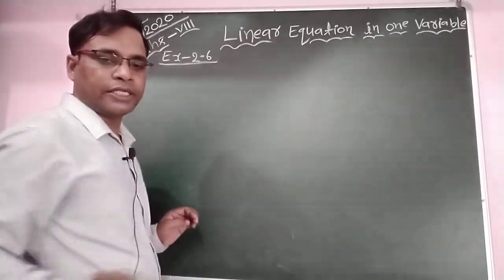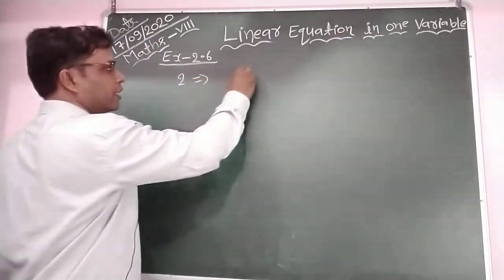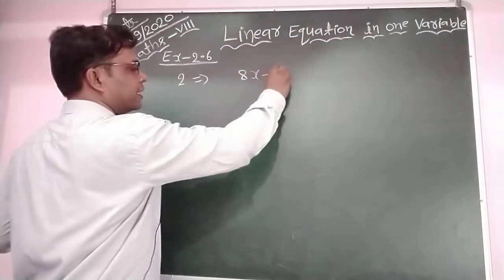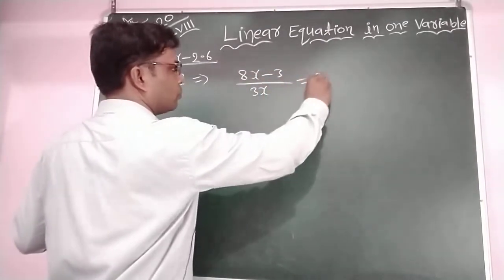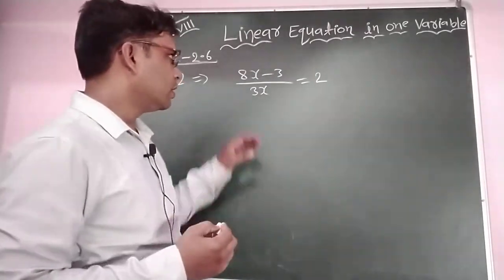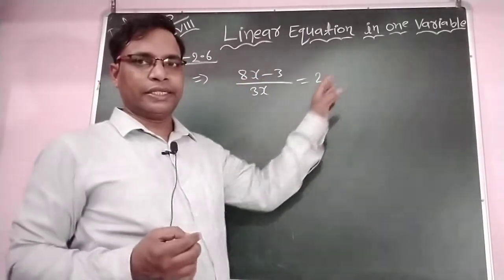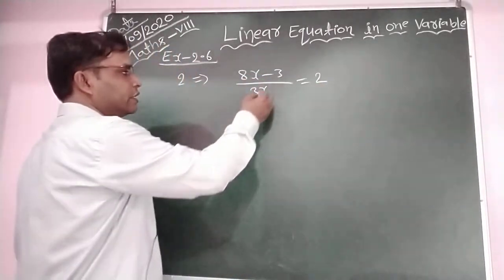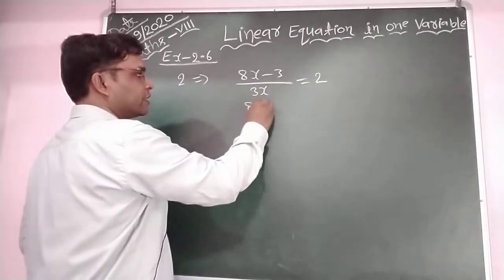X minus 3, question number 2. This is equal to 8x minus 3 by 3x. This is equal to 2. Okay. So we are transposing this 8x to the right hand side. When we transpose this 8x to the right hand side, in the left hand side we have 8x